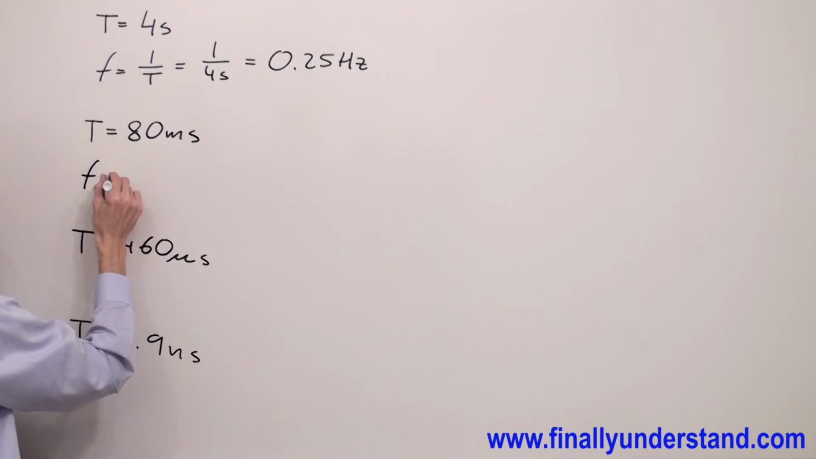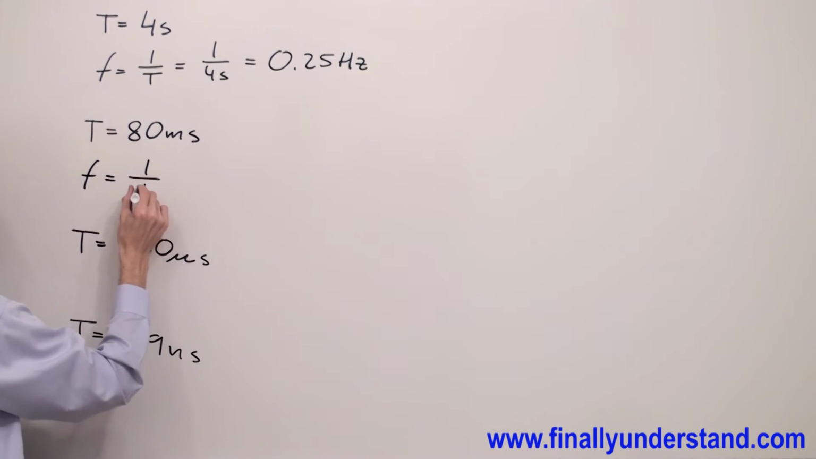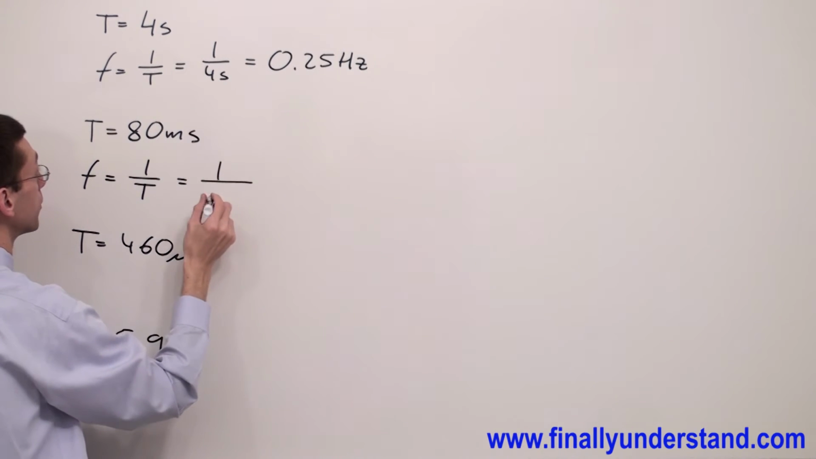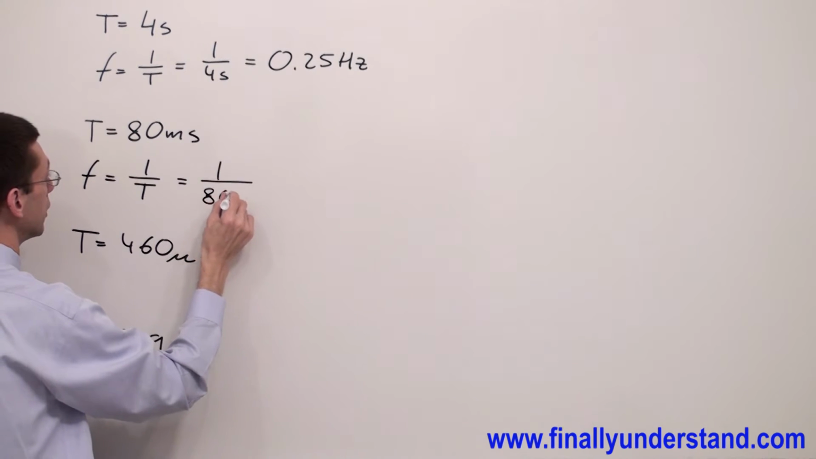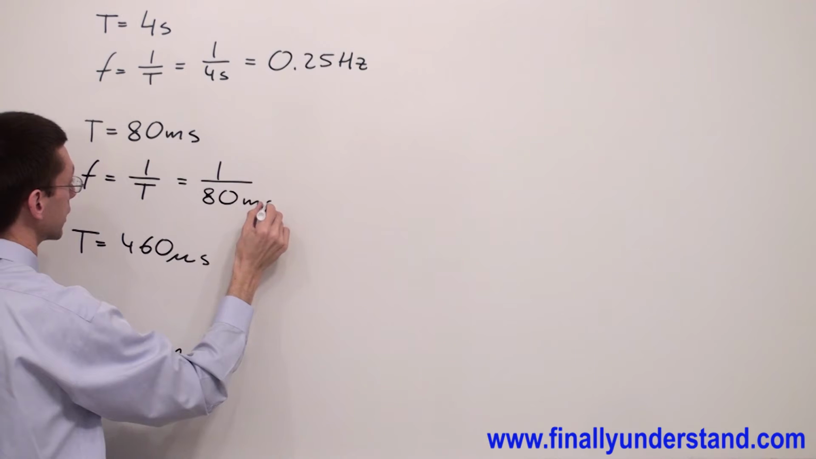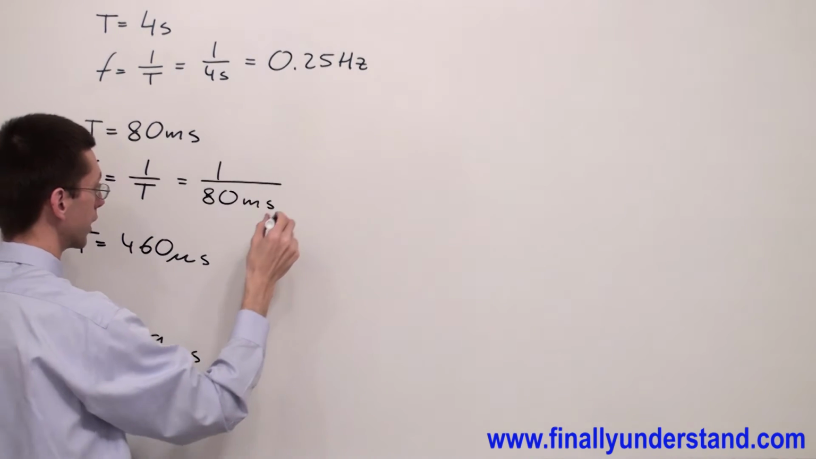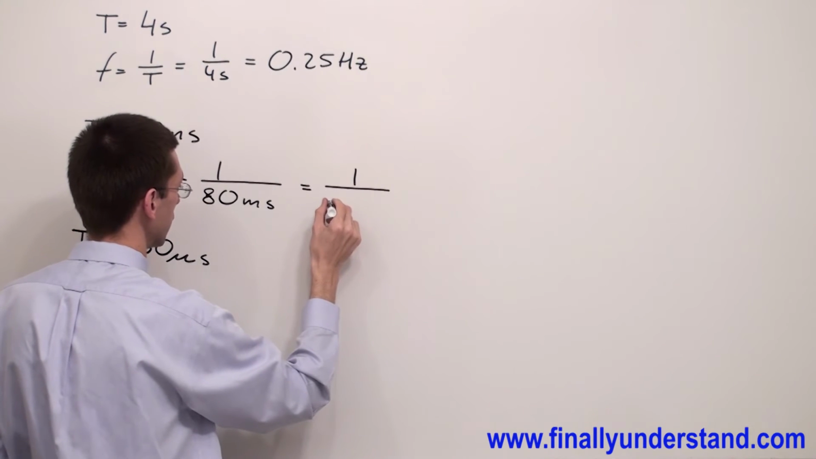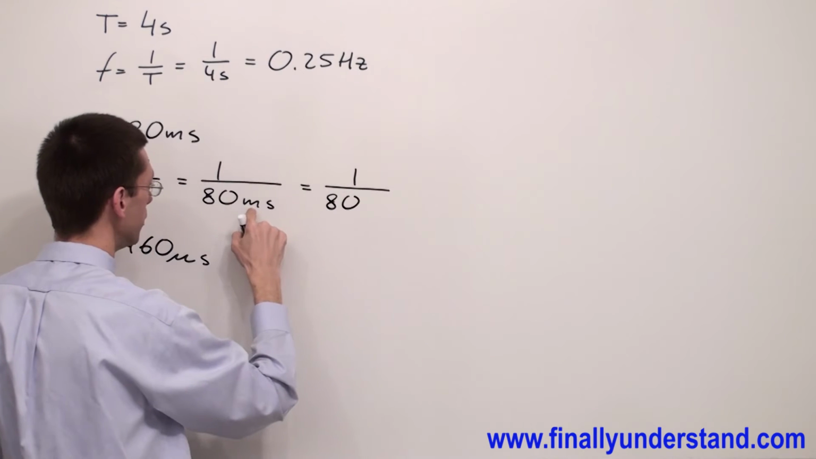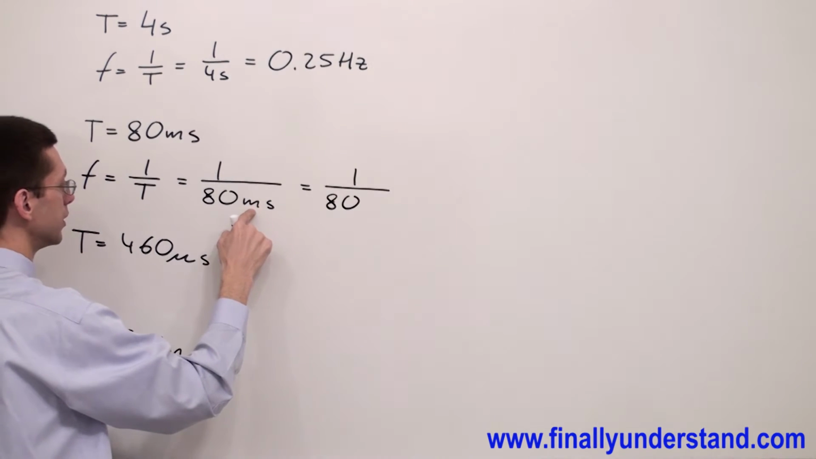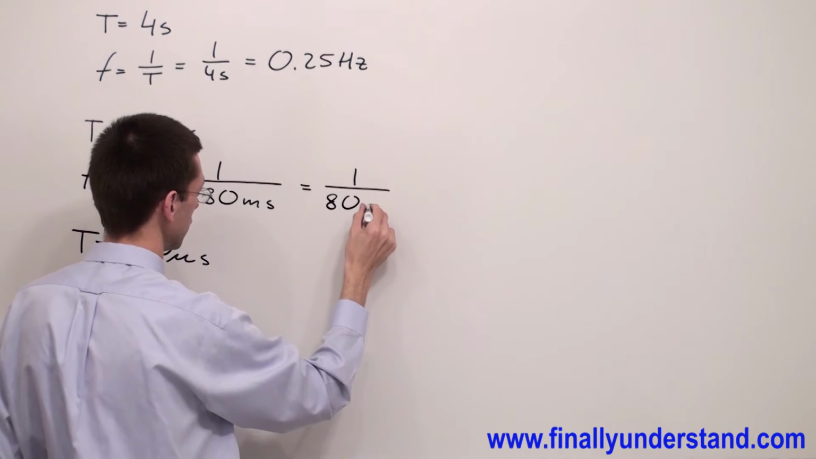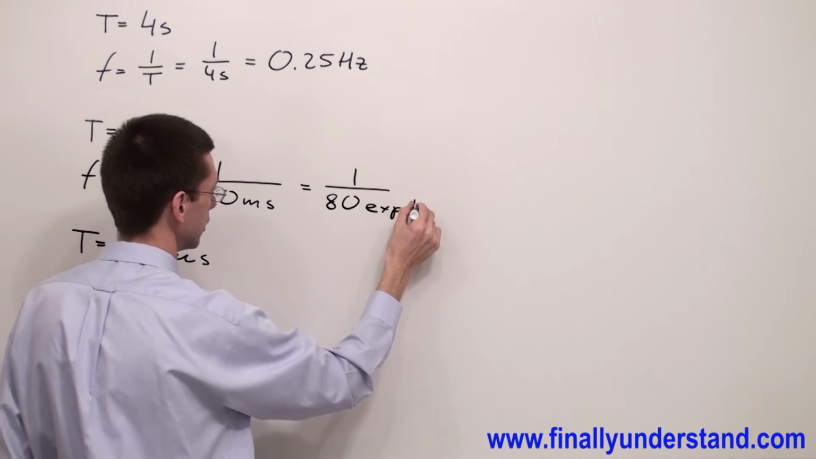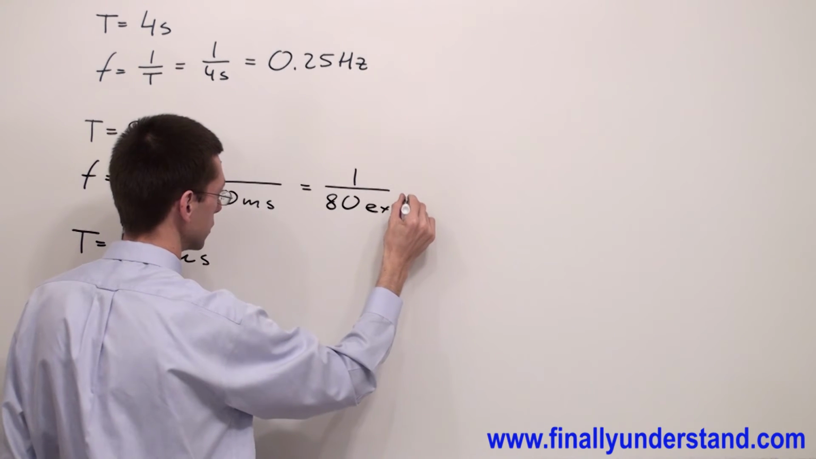I have to find the frequency. Frequency is equal to 1 over T, which is equal to 1 divided by 80 milliseconds. How are you supposed to enter this into the calculator? Simply type 1 divided by 80. Milli represents the power of 10, 10 to negative 3. That's why you have to type the EXP or double E button, and the plus minus button, which is another button,